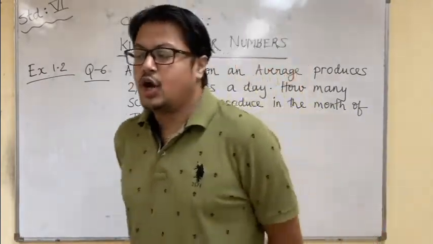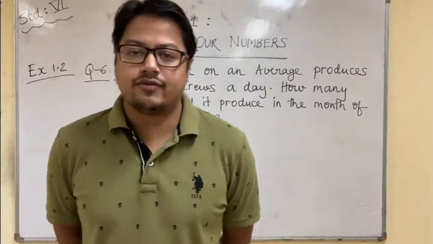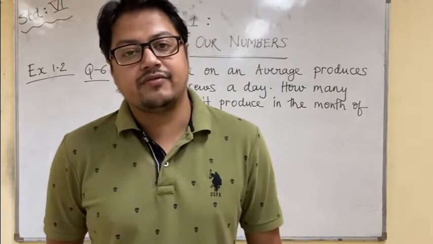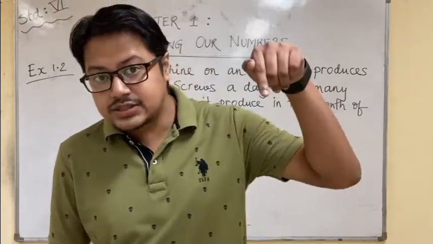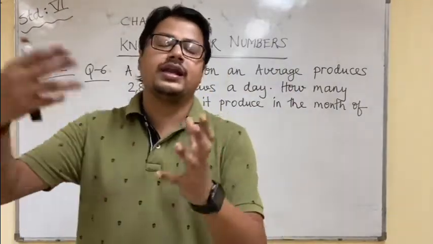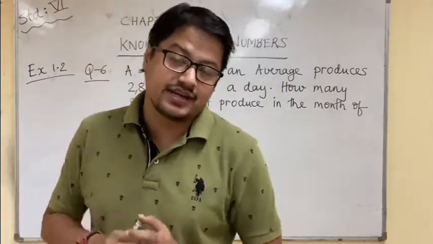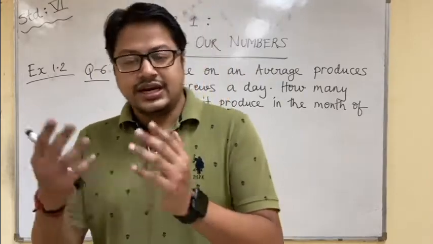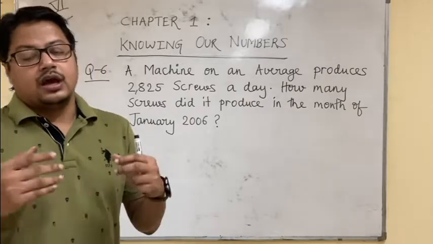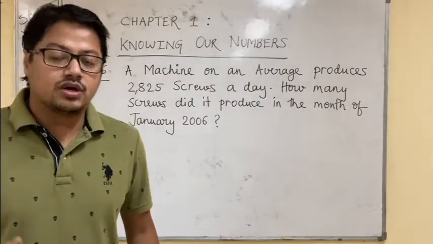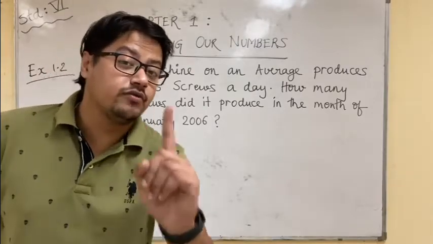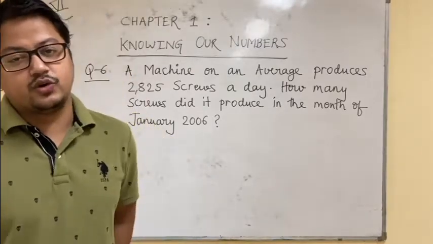Again one example, doctor told you to have 2 tablets per day. How many tablets you will have in the whole month? So 2 tablets per day. Some number is given for single day, you have to calculate for multiple days. In that case you have to do multiplication. Division is the reverse of that. If you are given that in a month you consume, you can say 200 chocolates, how many chocolates you will consume in one day? That case you will have to divide.